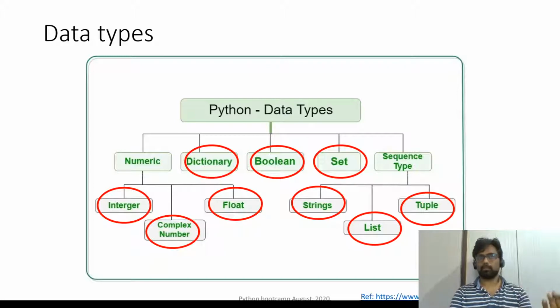So one thing, you won't forget the concept. Second thing, you will be able to explain it clearly to someone else, and also you can use that in your program. Okay, so integer is just a number. So a is equal to 1 is an integer. A complex number also we can do, but we don't use it unless you do mathematical operations.